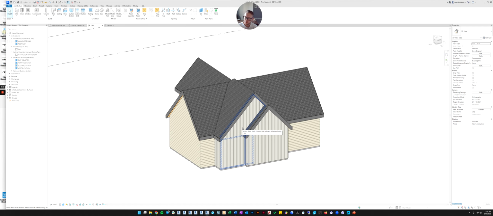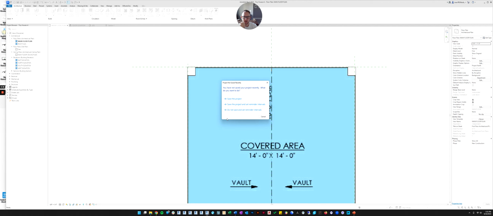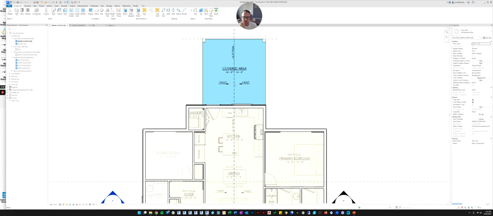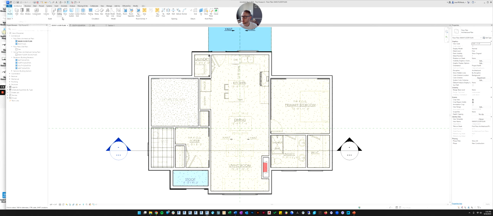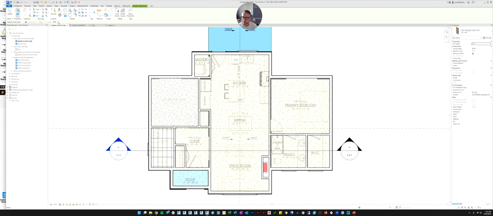All right, so that's kind of one example of a component family that you load into the project. Another would be the doors or the windows. You've already used those, and let's just place a door again. So we're going to go to the door command. And these are the door families that are already loaded in. Remember, the category is doors, and then these are the next hierarchy down. These are the families that are available to you.